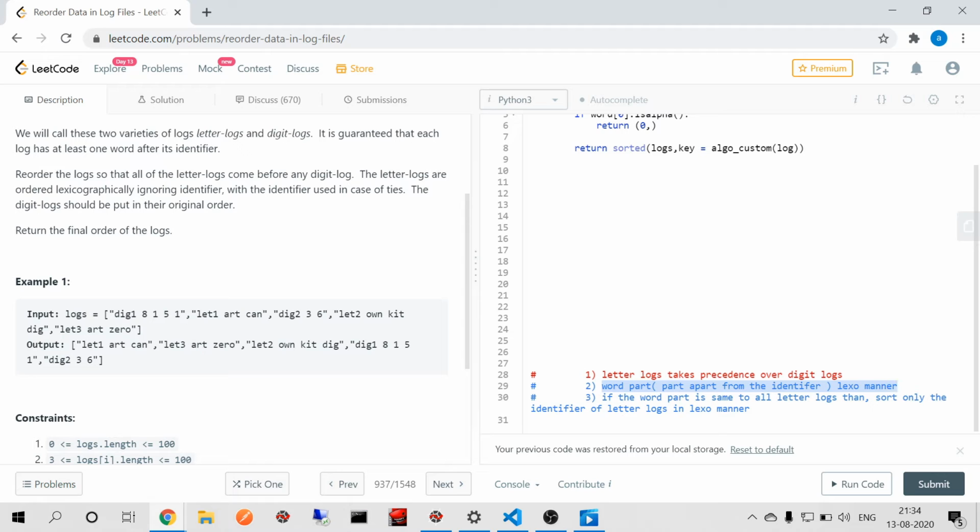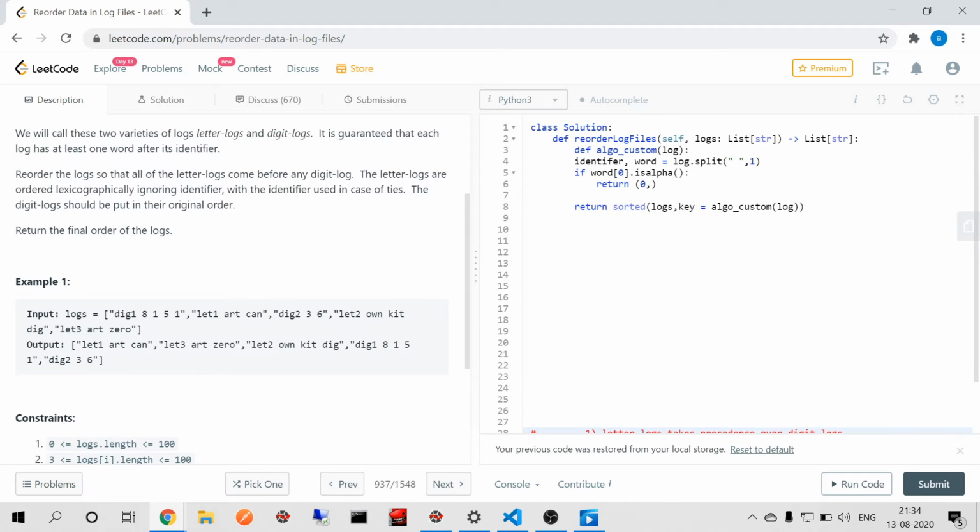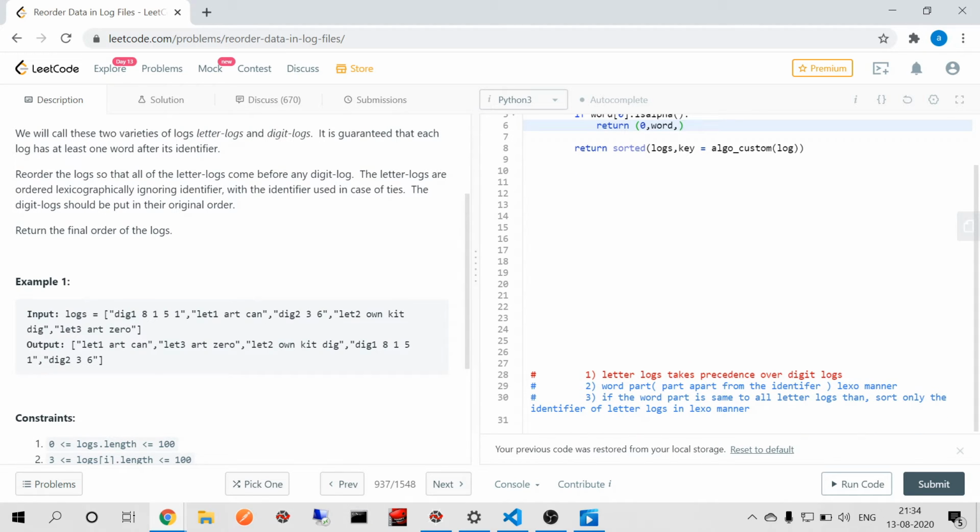But the first lexicographical order was to sort them in lexicographical manner from the word perspective, right? So the word part has to be considered. So where is my word part? Here. So I'll pass word. And then in test cases where my word is similar to the